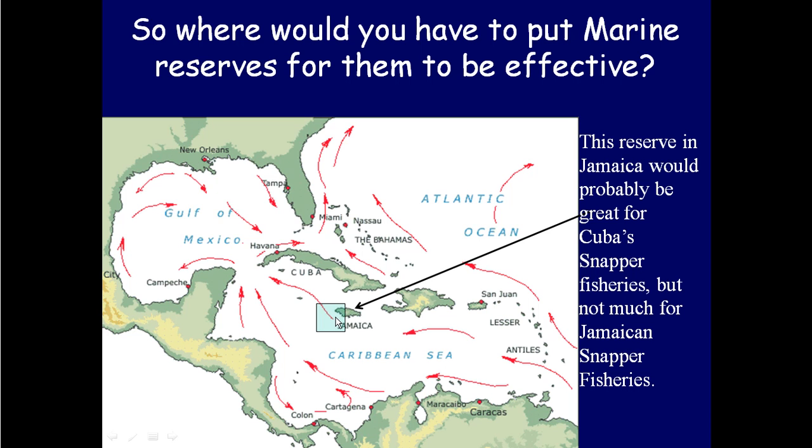Okay. So you get a big snapper population here, and they breed lots of larvae, big currents that come this way. Well, Cuba, their snapper fishery is probably going to benefit greatly, but Jamaica, who have gone to the trouble